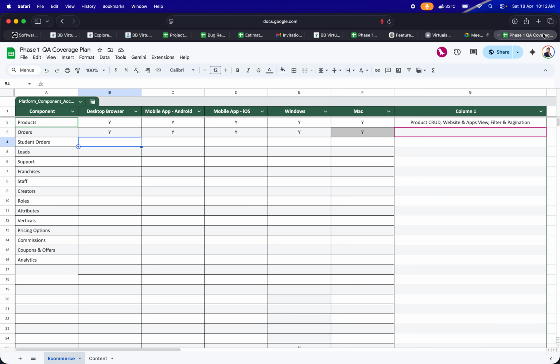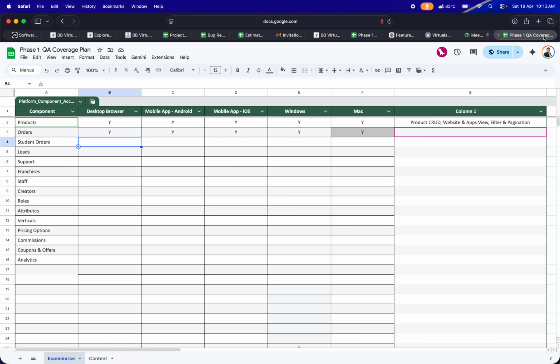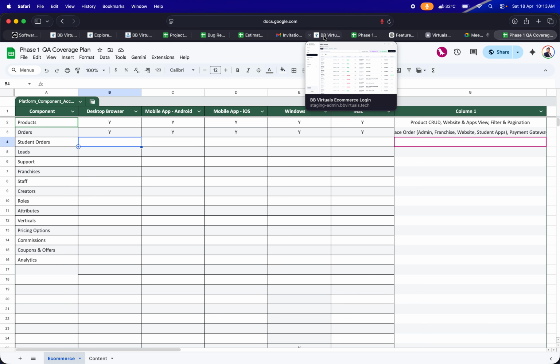And for order, place order is the first thing, and then it includes payment gateway. You can also place the order from admin, you can place order from franchisee. So when we say place order, it has order placement from admin, franchisee, website, student apps. So you can place order from all these four places, right? And then payment gateway, and then order reports,